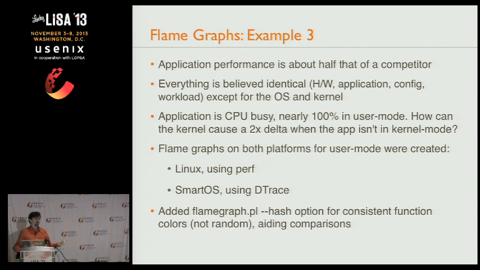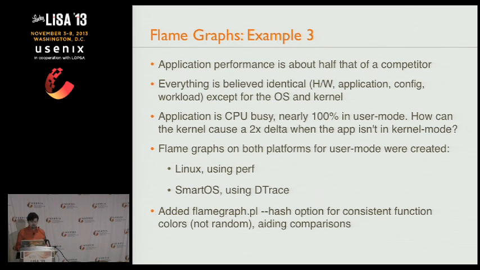The performance was running user-land code. And so it was really hard for me to get my head around, how is the kernel messing this one up? Maybe it's messing up the way it does memory locality, the way it groups DRAM and memory. It's running threads in such a poor way, even though you're in user time, that your CPU cache affinity is low and the cache miss rate is high. Things like that. I profiled it using flame graphs on both platforms to get my head around it.